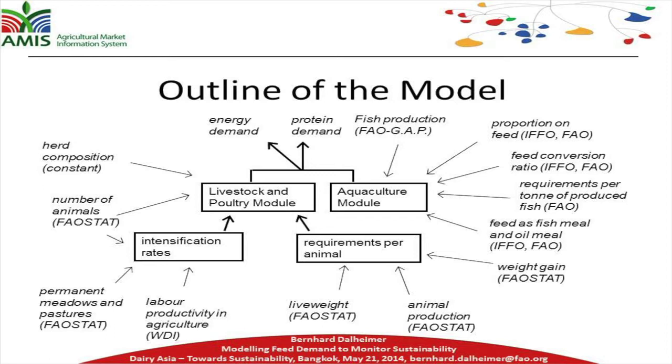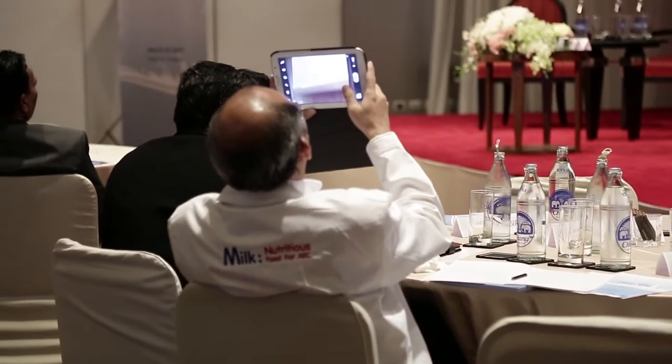And we use an intensification rate. Intensification rate is, in our understanding, a little bit different, because it should express a ratio between feed that is edible for humans and not edible for humans. For instance, all the roughages go on the one side, and all the grains, for instance the maize, go on the other side.